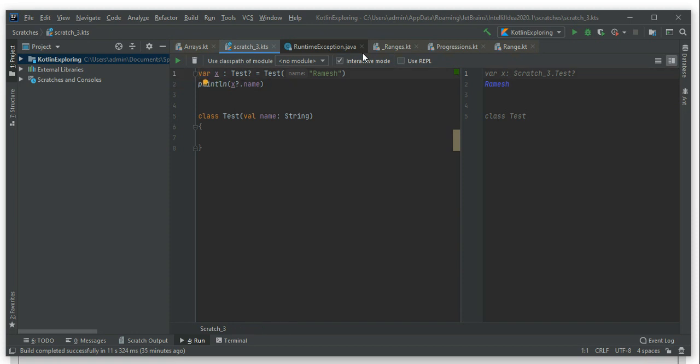By default, any variable in Kotlin cannot be assigned null, and if it is to be, the data type should be suffixed with the optional marker. When you access a property of that object, you just call it with a question mark. If it is not null, then only it accesses, otherwise if it is null,